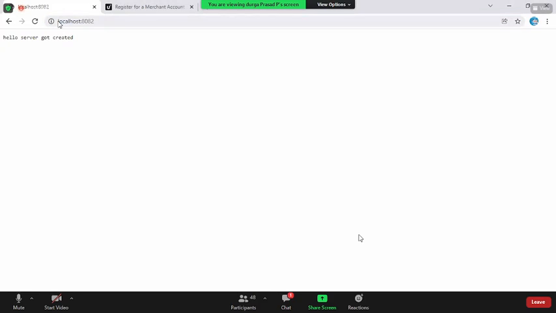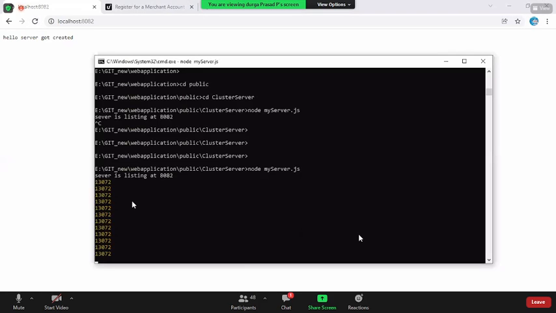N number of times you hit it, see here, it is always coming from 13072. Internally, within your machine, an individual process ID is created. Under that particular process, your current server on 8082 is running. So anytime a user hits it, this is the process which responds back to the user.